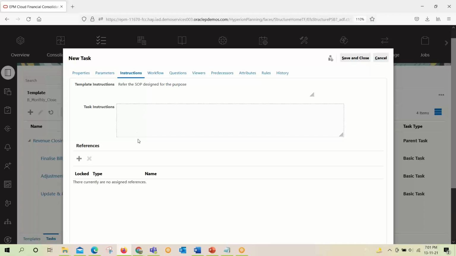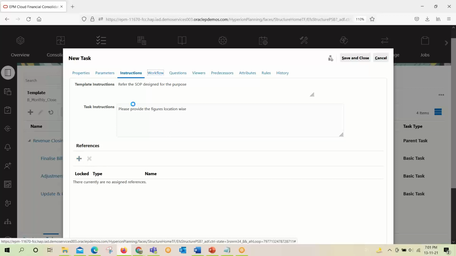We can say here, please provide the figures location wise. Accordingly, the assignee will provide the different revenue figures location wise.